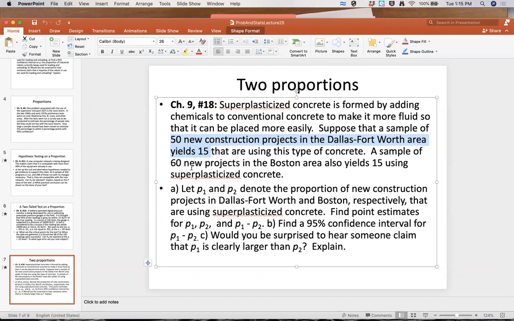By the way, I haven't really emphasized this, but all these problems that we're doing and all this theory that we do assume random sampling. If you don't do random samples, all this stuff's out the window. I'm serious. Especially if you do clearly biased samples, like you only pick a certain contractor in Dallas-Fort Worth and another certain contractor in Boston, and you're not sampling from all contractors in some sort of